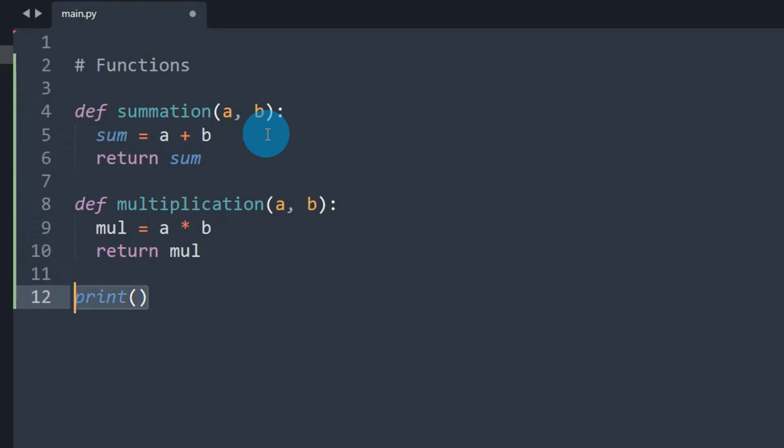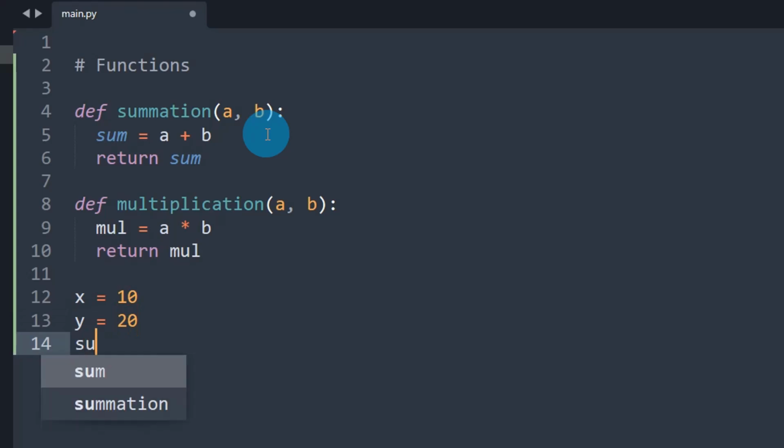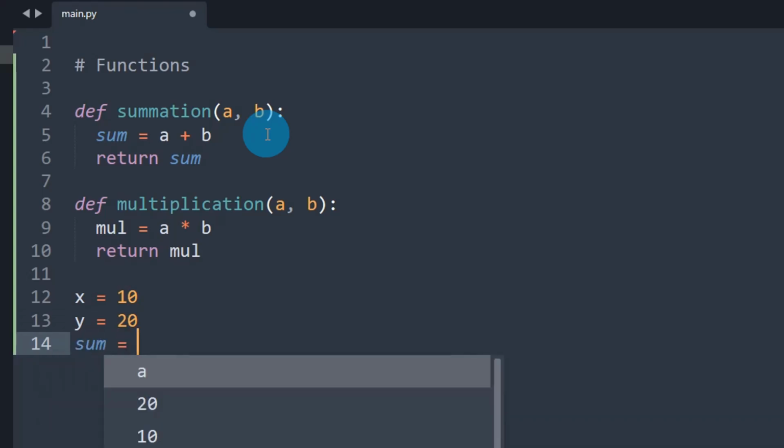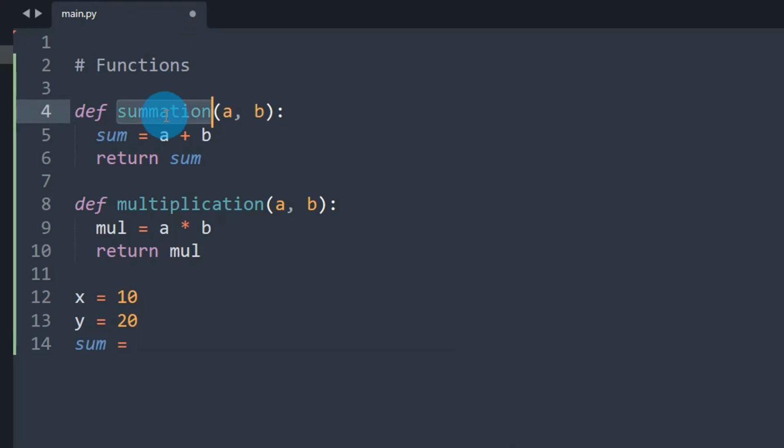Let me do x equals 10, y equal to 20. Now I am storing the sum of those two numbers inside the variable sum. But I am not going to do any operation here because there is a function we already wrote and we are going to use that, summation x comma y.